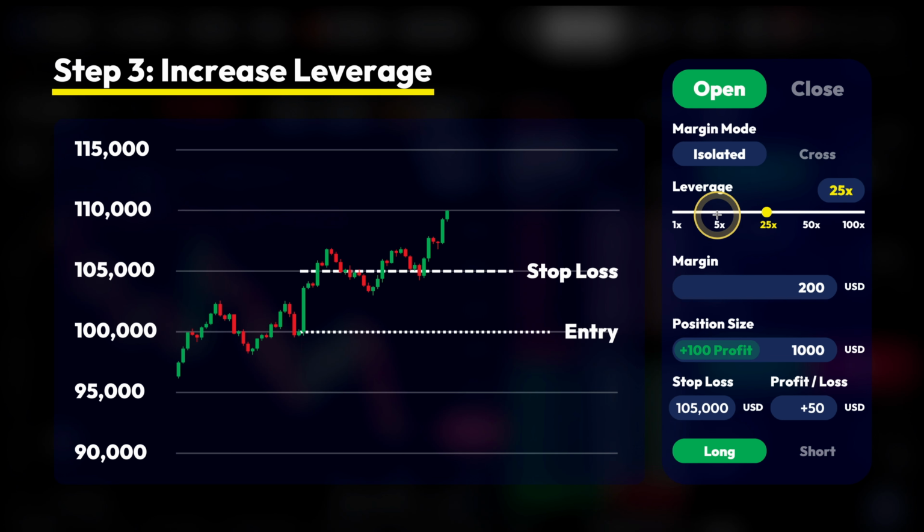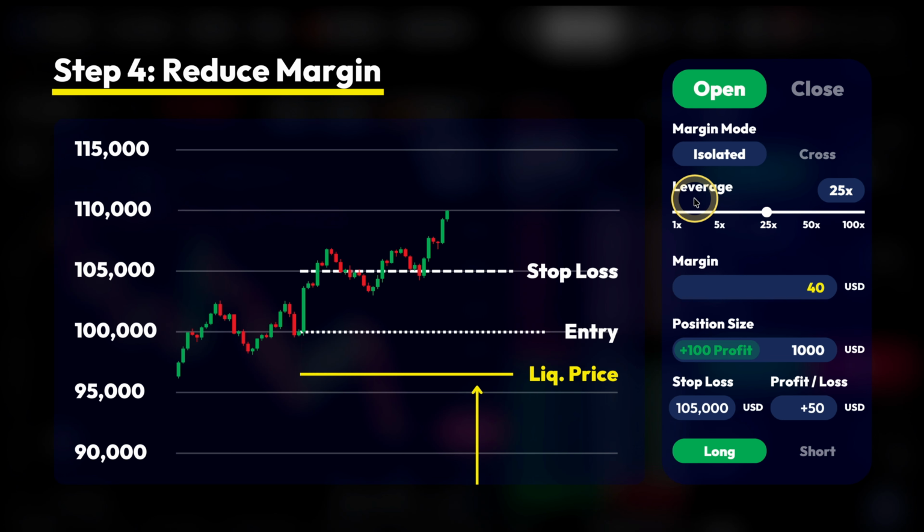In this case, I'm going to push it up to 25x leverage, and in step 4, we now also need to reduce our margin. So far, we've only increased the multiplier, but this new leverage only becomes effective if we also reduce our margin. And what we effectively do is we pull out our own capital of this trade,